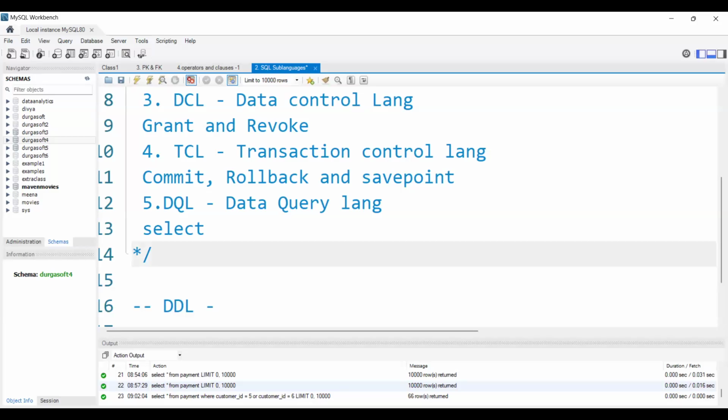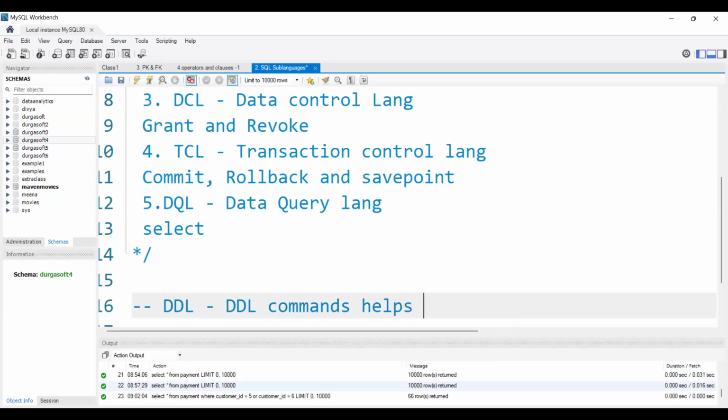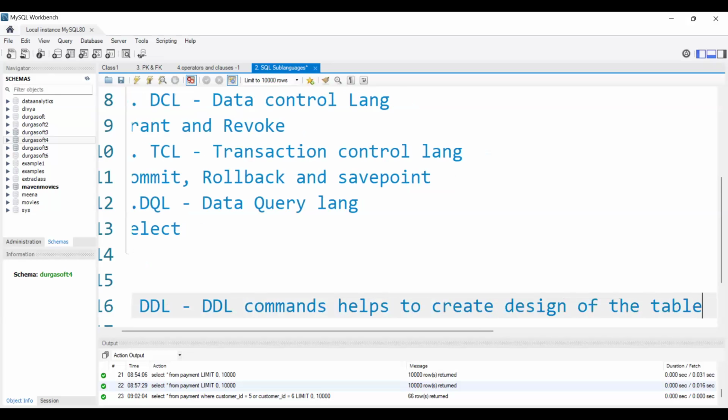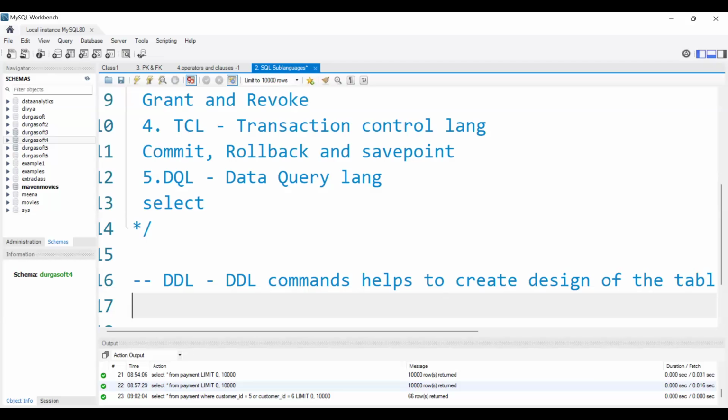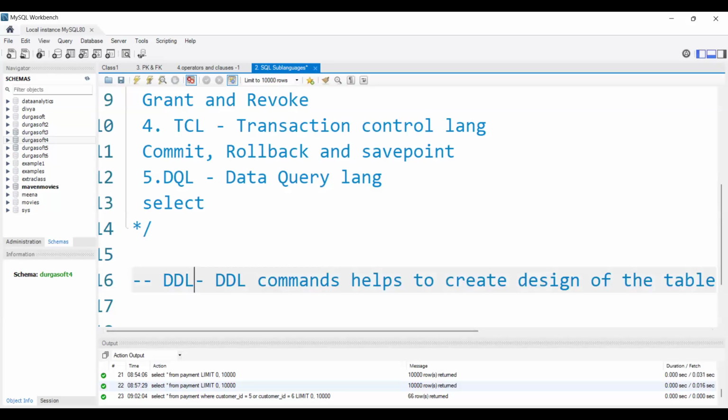DDL commands, DDL in the sense data definition language, help to create the design of the table. Basically we will deal with the tables and the data in SQL, right? So what are all the DDL commands we have?